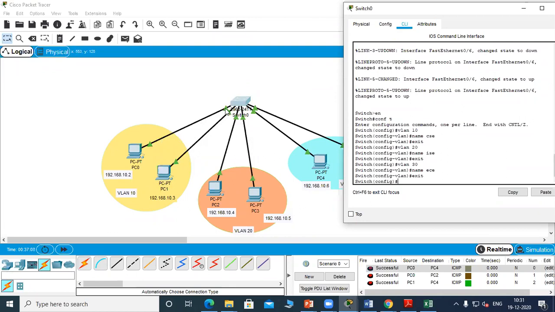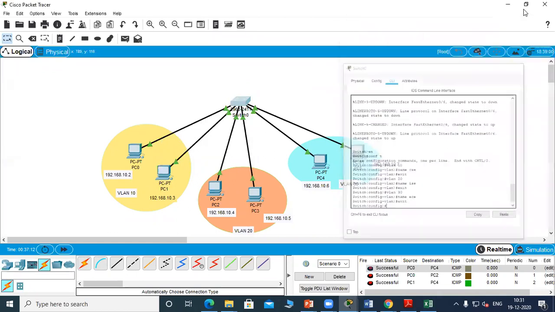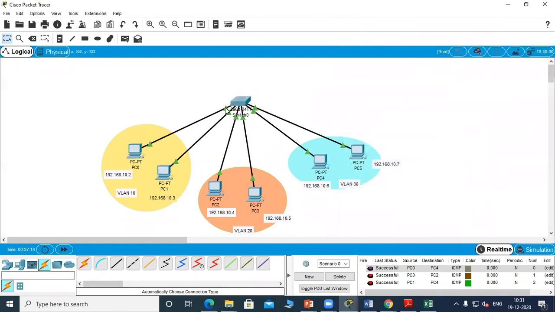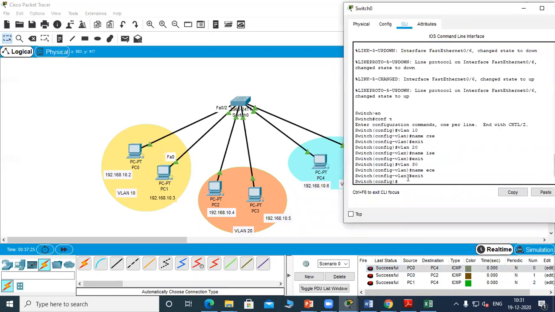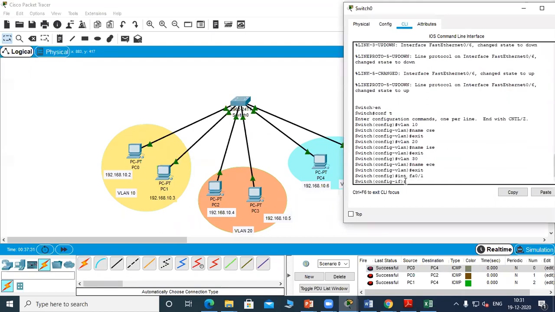So first find out which is this interface. So it is 0/1 and 0/2. That is the interface for the VLAN 10. Go to the interface FA0/1.